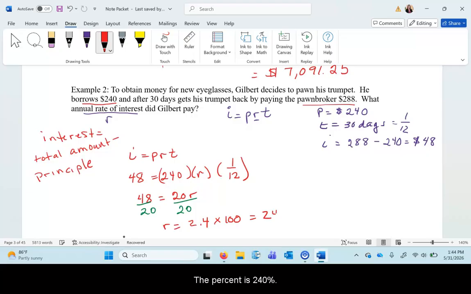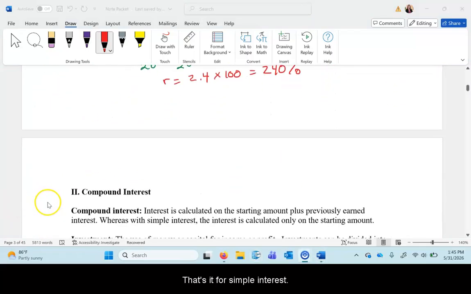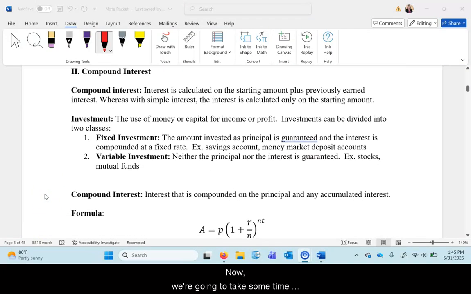The percent is 240%. So that would be the interest rate for this particular loan. All right, so just don't forget, when you're solving for R in the equation, at the end, they want it as a percent. Make sure you multiply by 100 at the end. That's it for simple interest. Now we're going to take some time here with